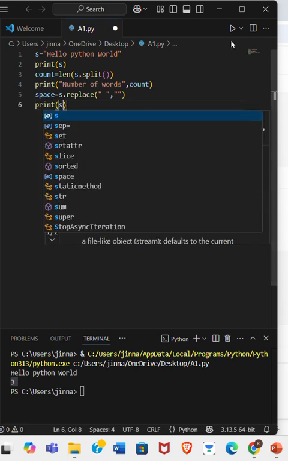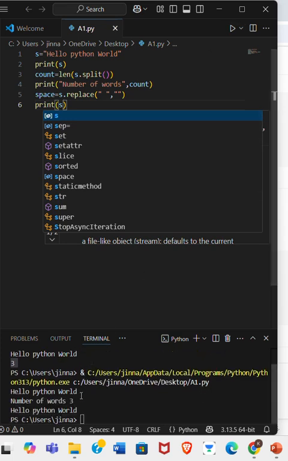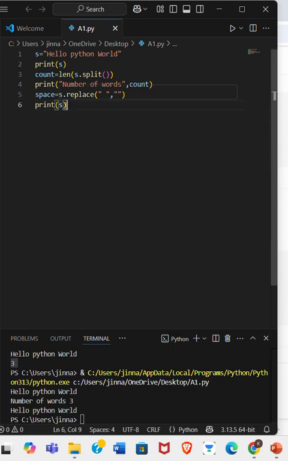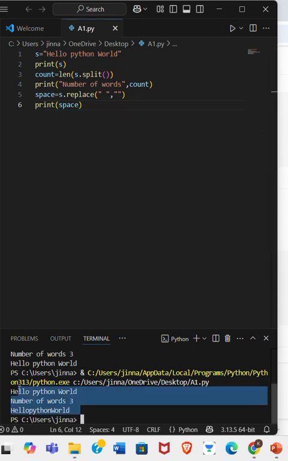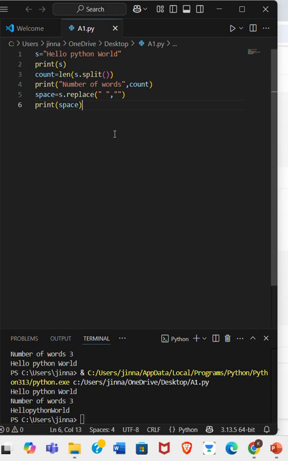simply my s, you can check the response. Okay, we are not getting here because let me just print out here space, not s. This is how you can just remove out the spaces and you can count the word by the split function,